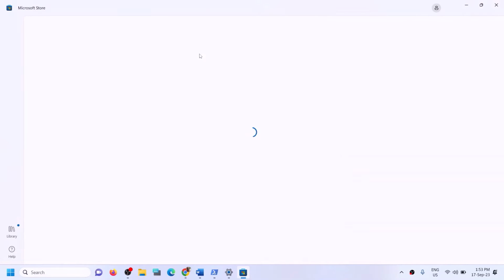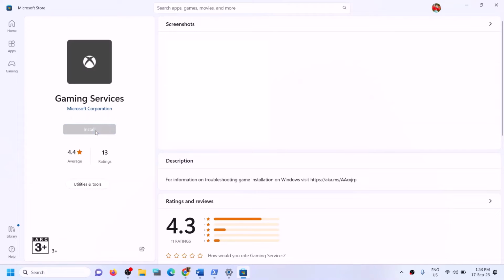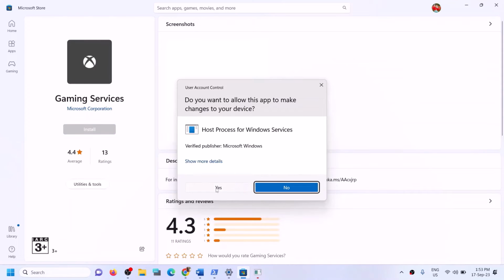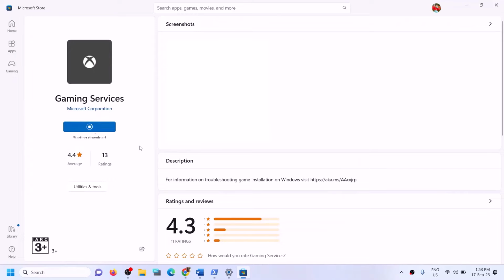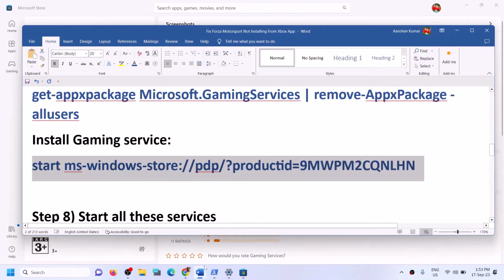And on Microsoft Store, you will see Gaming Services and it will give you an option to install Gaming Services. So click on Install, click on Yes to allow and let the download complete. Now, once Gaming Services is installed, then you can try to install the game. Now, if you're still facing the problem,